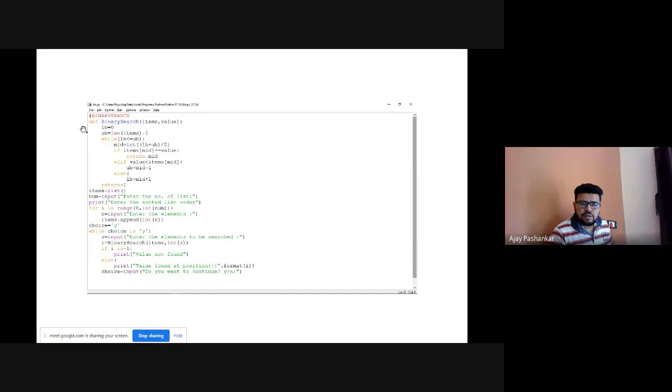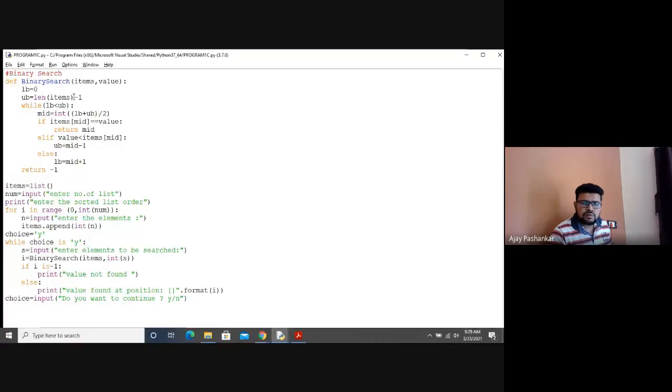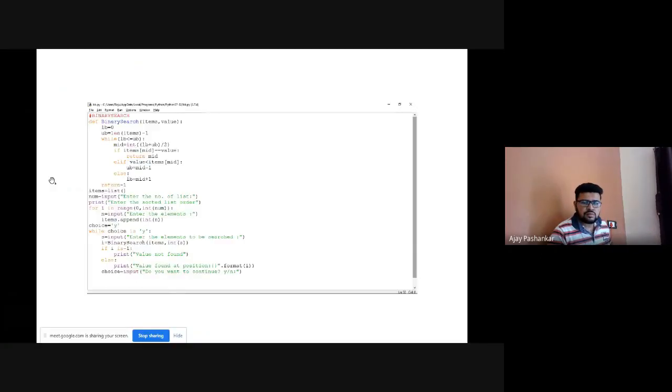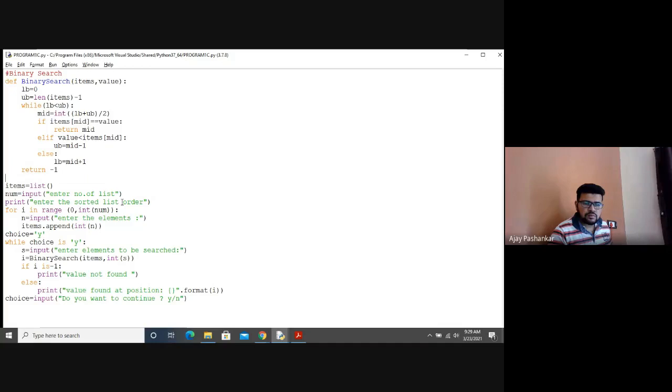lb equal, we should here while. Equal to binary search items, we are searching where the value is int s.